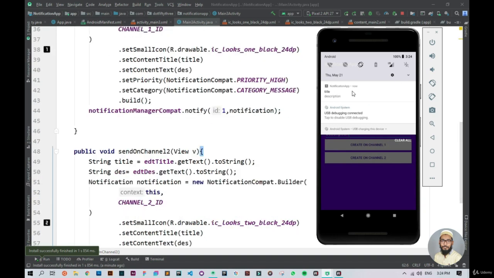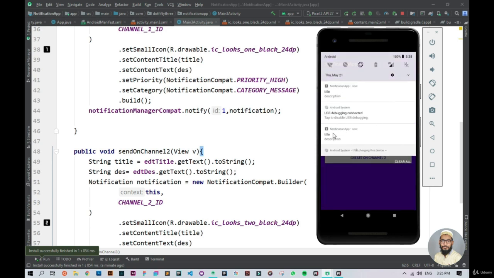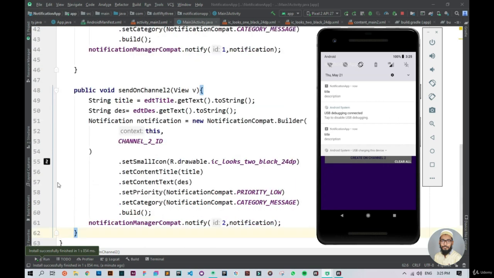And now as you can see, here is my notification. Here is my notification icon that I have set for the first channel. Here is my title, and here is my description. Now let's create the same notification for channel 2. As you can see, it didn't show me any pop-up or any sound, but the notification is shown here. Here is my second notification, and here is my icon that I have selected for the second notification, and here is my title and description. Now if I click on this notification,